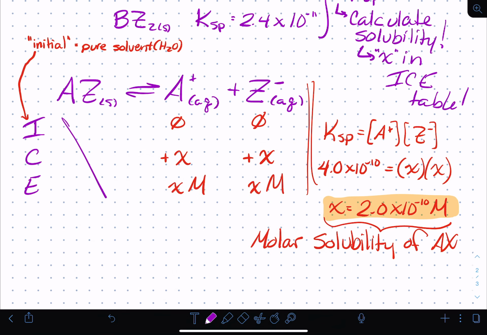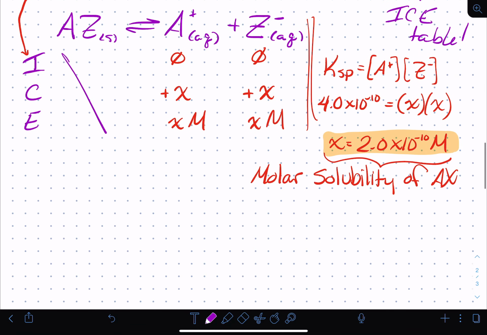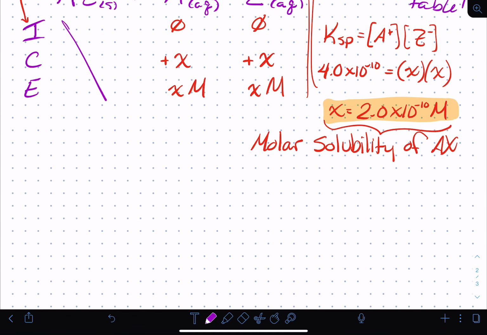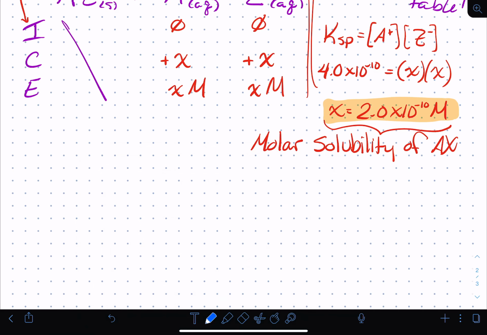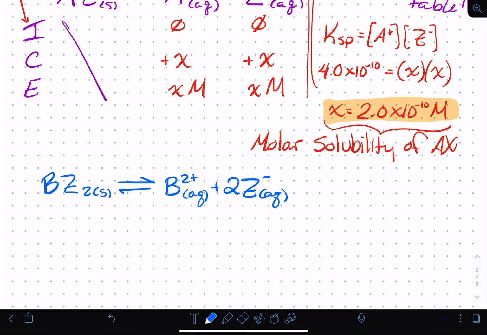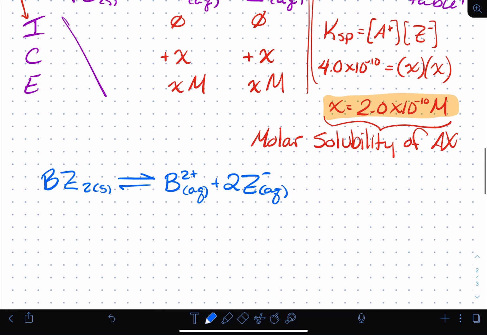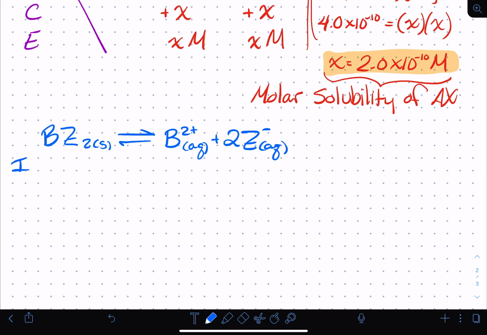So now let's work through this together. So doing exactly the same thing that we did above, actually let's do it in a different color. So for BZ2, our dissolving expression will be similar, except that we have to remember that 2 subscript is going to become a coefficient. So we have B as our cation, and we're going to get 2 Z's in solution as our anion. So setting up our ice table here,